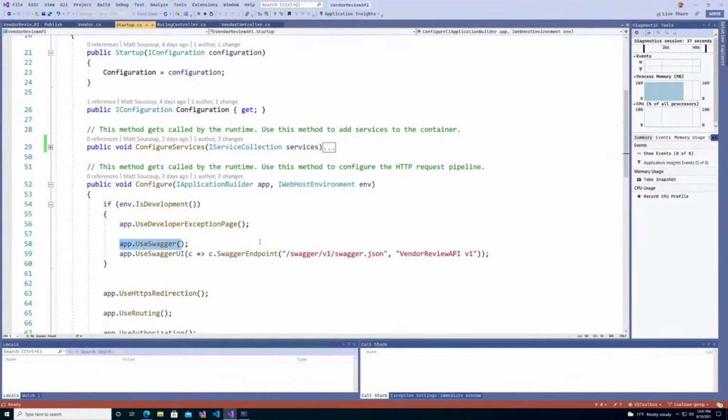Just take these two calls, which come with the template for Swagger when you create a new web API, and drop them out of the is development if statement, and then they'll go out with you. If you already have an existing web API and you want to add Swagger and Open API to it,